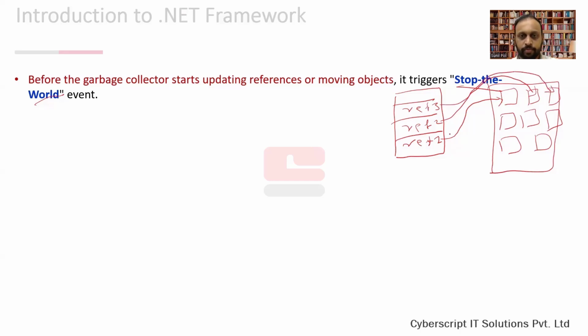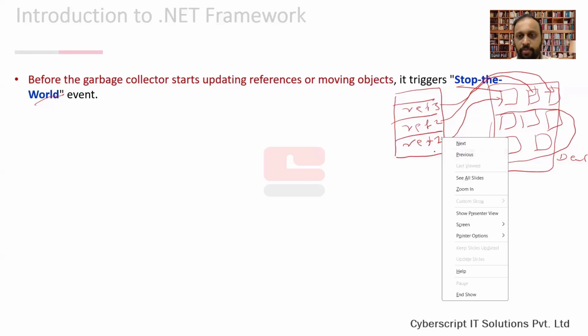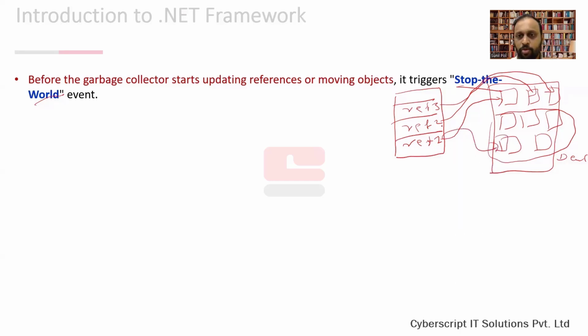to this object. But during the relocating phase, after deletion of the garbage objects, suppose these objects are not considered by any reference or application roots, so these would be considered dead objects by the garbage collector and must be deleted from the managed heap. So in the second phase, the relocating phase, the garbage collector will update the reference variables to the new memory location. So this is the new memory location, this is the new memory location, and this is the new memory location for the reference 3 object. But the actual objects are still there at their original memory address. Only the reference variables are pointed to the new memory location.